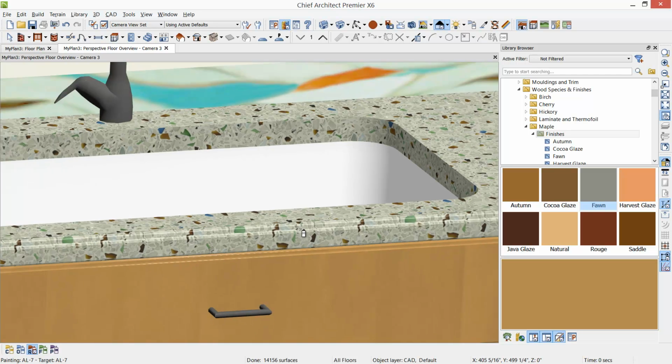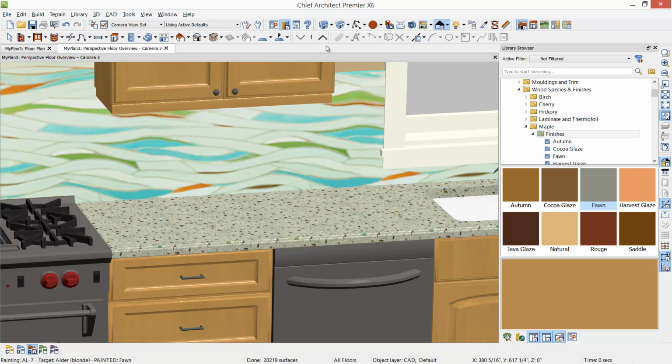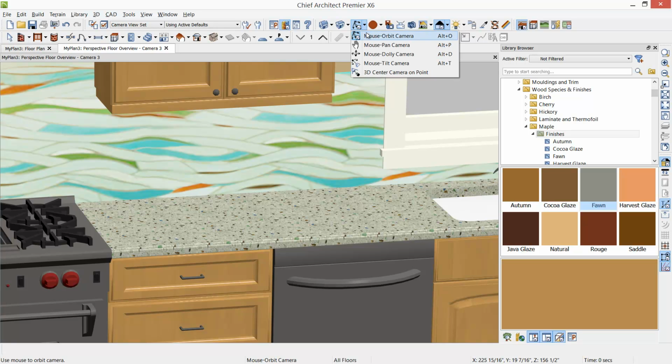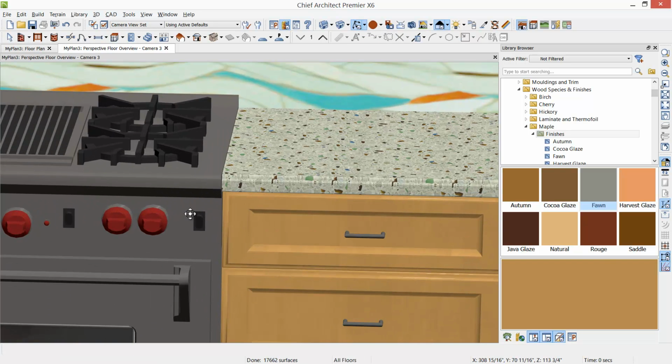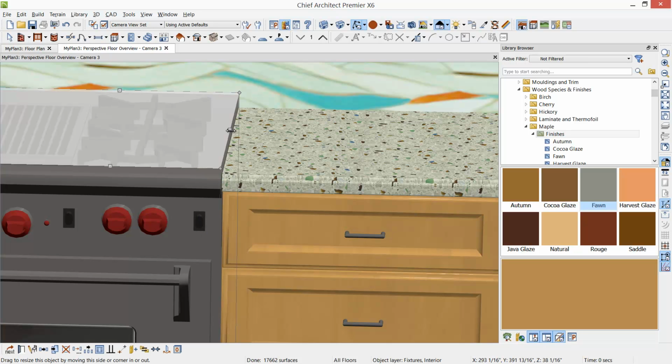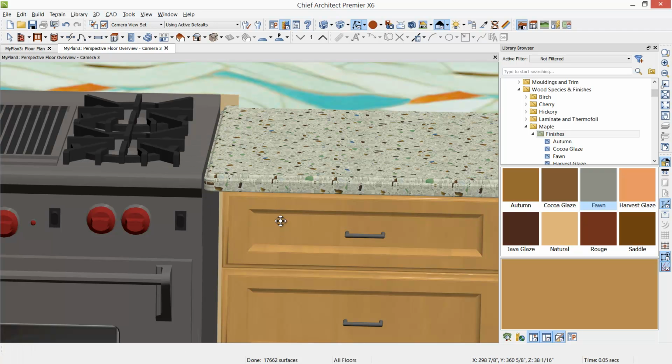Now, one thing that I probably forgot to do is on this area near the cook range. This, if I rotate my camera around, you might be able to see it a little better. Notice that there are some cabinet move elements here. I usually use the mouse orbit tool. I find that to be pretty handy. And let's go ahead and just make this smaller temporarily. You see how that cabinet is actually coming into that cook range? So let's grab this cabinet, double click on it,